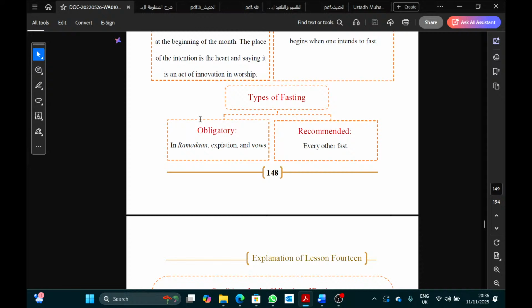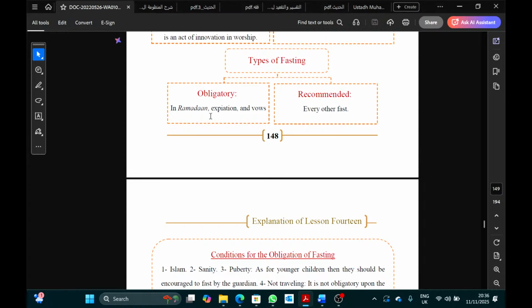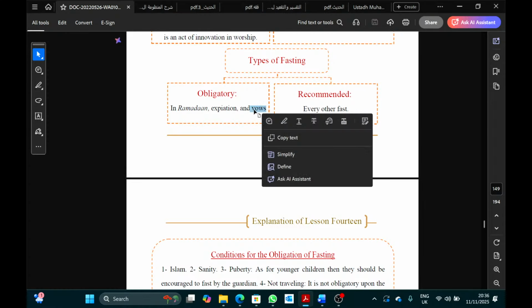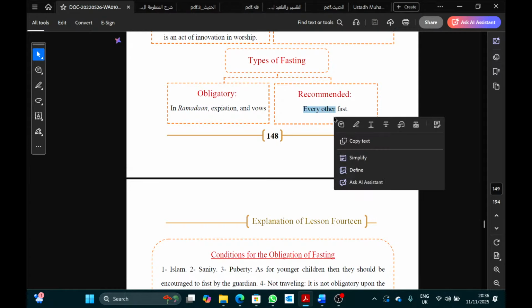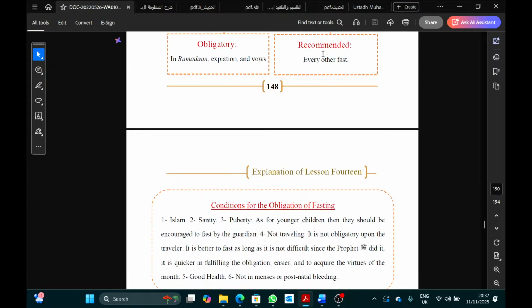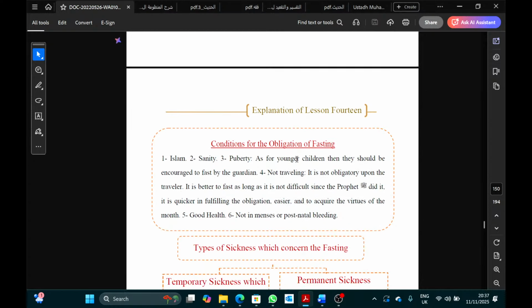Okay, all right. Types of fast: two types, obligatory and recommended. Obligatory, obviously the main one, which is the pillar of Islam, is fasting in Ramadan. But there are others, like expiations. If you do certain sins or mistakes, then you can only make up for it by an expiation. That comes in only a few places, but we'll get to some of them inshallah. Or if you make a vow that if I pass the exam, then wallahi I'll fast for Allah. If you do that, khalas, that becomes obligatory. Every other fast, the Shaykh is going to mention later, inshallah.